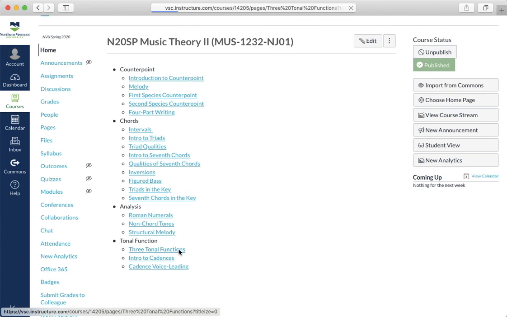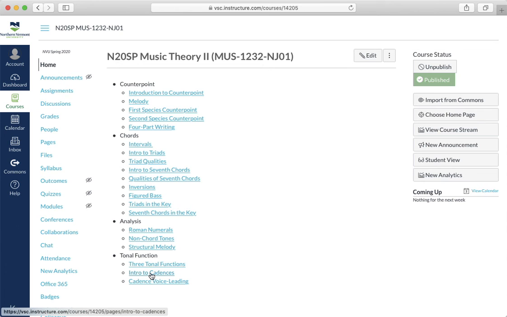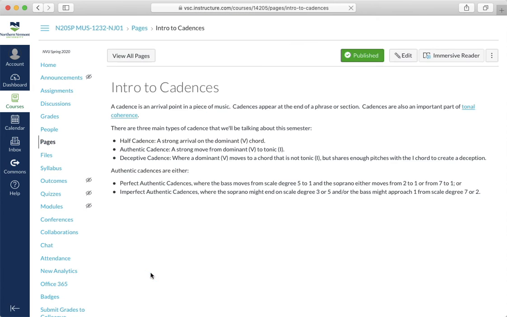And then finally, there's a section on tonal function that introduces the ideas of tonic, dominant, and predominant, and then introduces cadences, what they are, and the half cadence, authentic cadence, and deceptive cadence, and the difference between a perfect authentic cadence and an imperfect authentic cadence, and finally